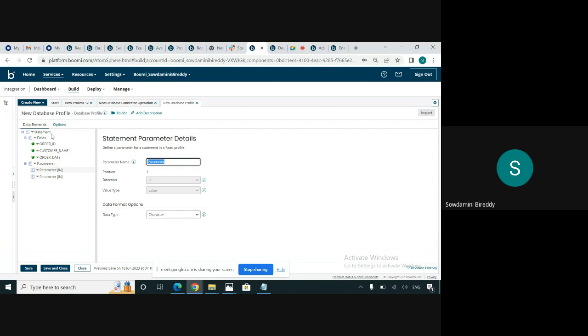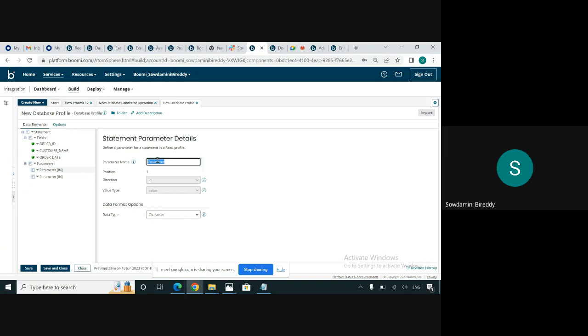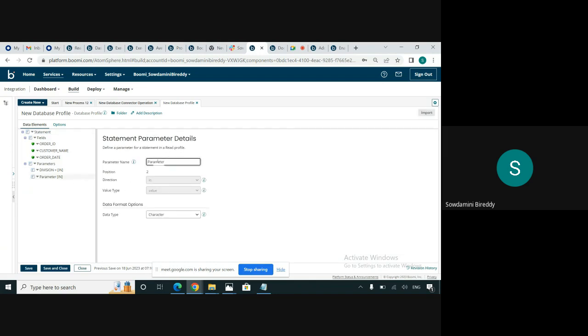So one is division is equal to, so division equal to, and the other one is order date greater than. I have added these two parameters and after adding these parameters,